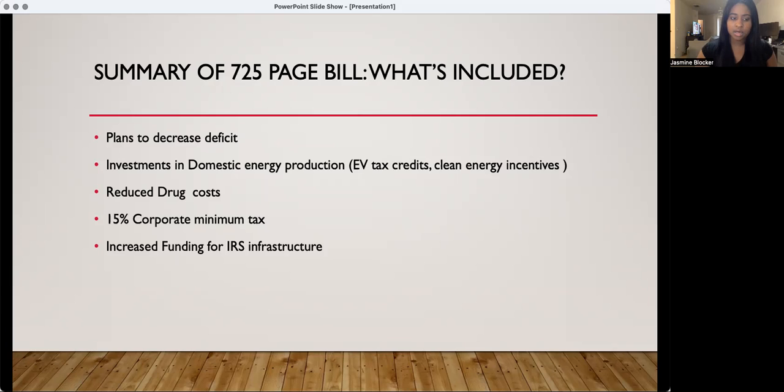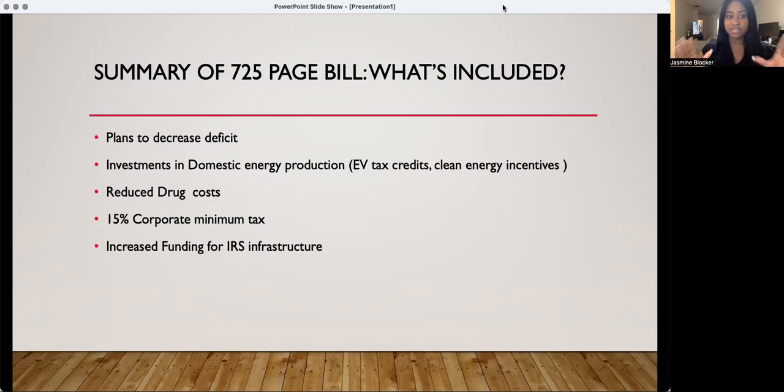And the reason that I wanted to give a little bit of background about inflation is because we are technically in a recession. We have seen 2 consecutive quarters of negative GDP growth. So we are in a recession, no matter if the Federal Reserve decides to change the definition of a recession in the upcoming future. That remains to be seen. But here we have it.